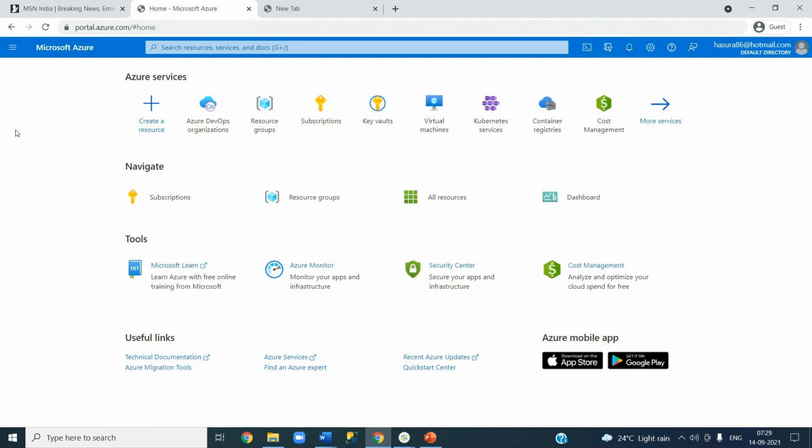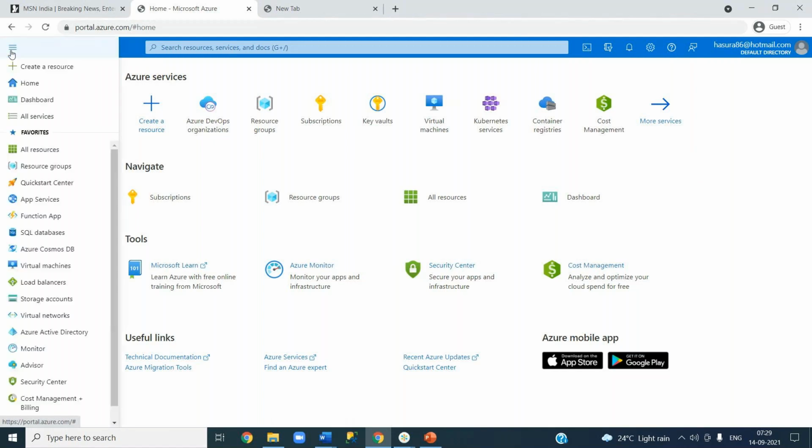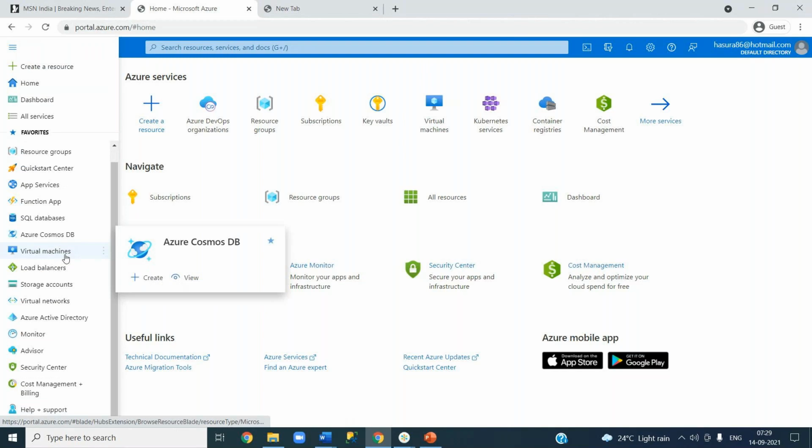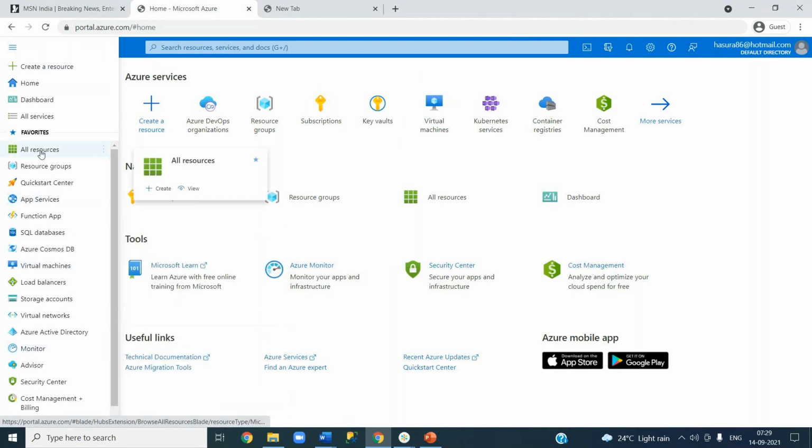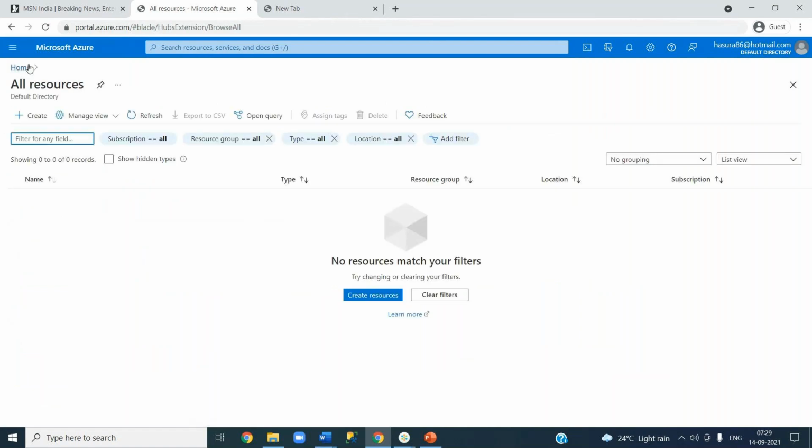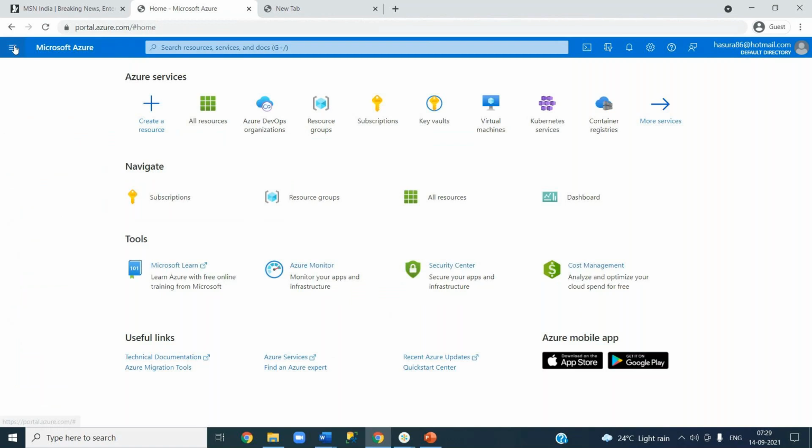Okay, and you can search for the services using this search box here, or on the top left corner you see, right, show portal menu. If you click this, it will show you a lot of services. So in cloud terminology you call them resources. Anything is a resource in cloud, be it AWS, Google Cloud Platform, or Azure, everything is called a resource. Okay, let me show all resources. Click on all resources. Here you can see all services.